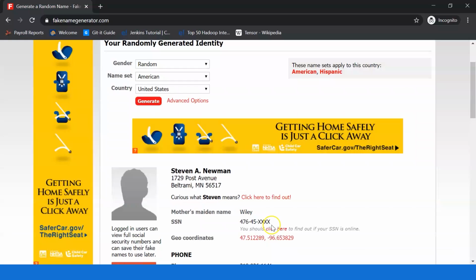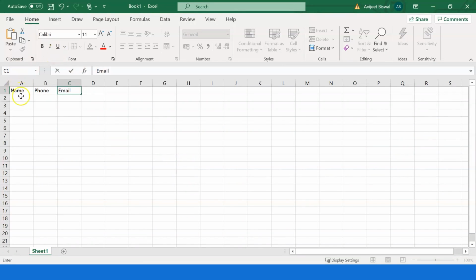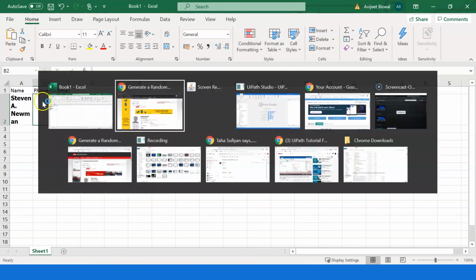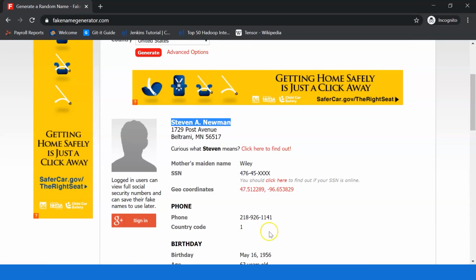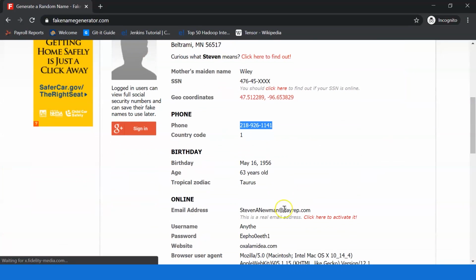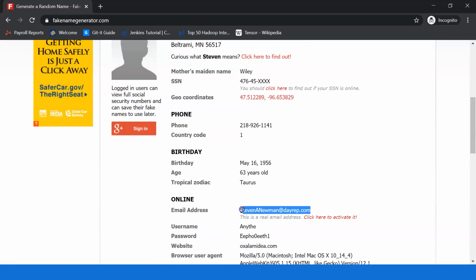After that, I had to come back to this and copy each of these fields. So name, if I had to take the phone number, I would copy this, and similarly for the email address as well.